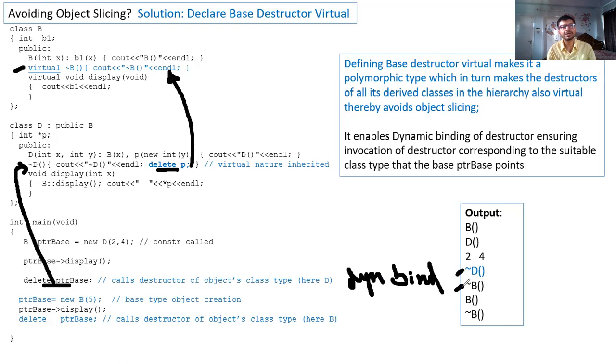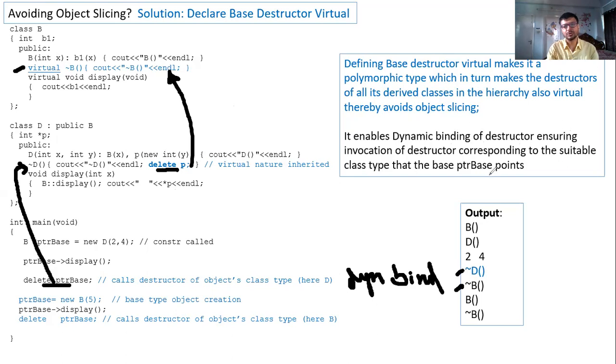If it is a normal object destruction, of a derived object, you would have called the derived destructor and then followed by the base destructor. So here the same thing will happen if you make the base destructor virtual. So what is the advantage of doing that? It enables dynamic binding of the destructor, ensuring invocation of destructors corresponding to the suitable class type that the base